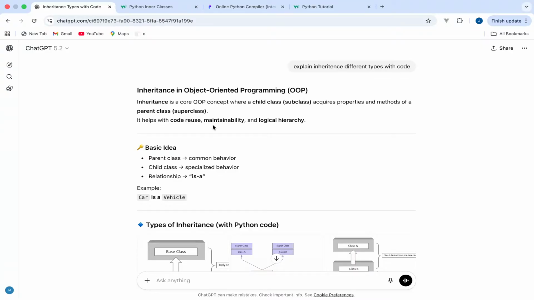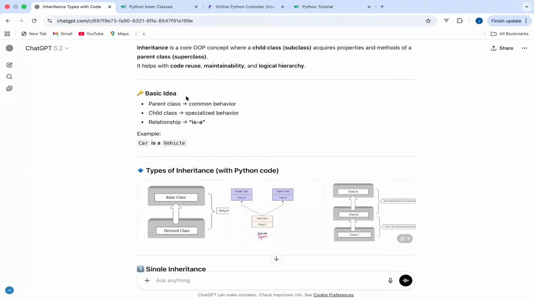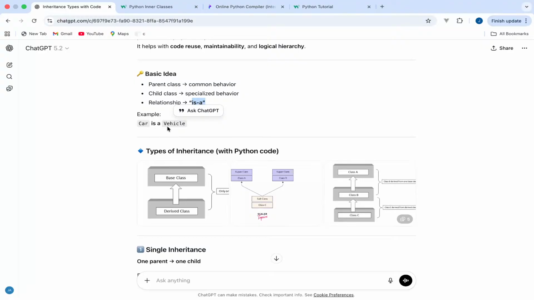It helps with code reuse, maintainability and logical hierarchy. Basic idea: parent class has common behavior, child class has specialized behavior. The relationship is an is-a relationship, okay, a car is a vehicle. Example: